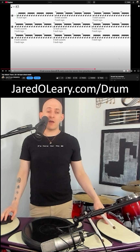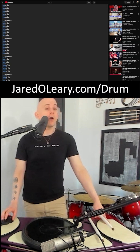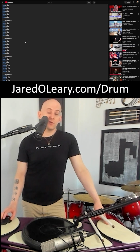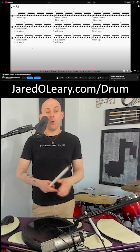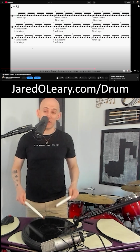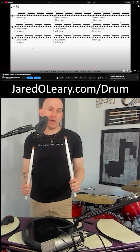So this exercise, when you're working on it, you can go into the timestamps, and you can go at 20 beats a minute, or all the way up to 160. You could do this with just your right hand, with just your left hand. You could do this as alternating, or you could do this, my favorite way, as double stops. So both hands at the same time, which allow you to both see what your hands are doing at the same time